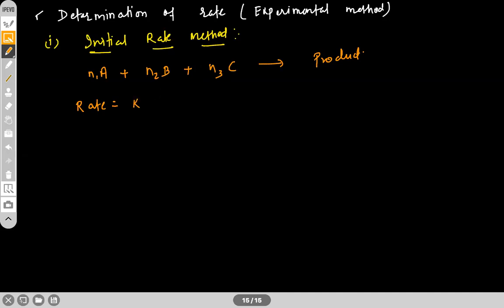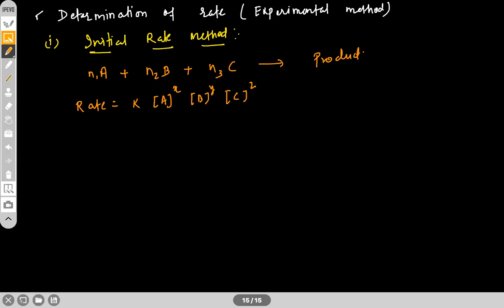It is k concentration of A to the power x, concentration of B to the power y, concentration of C to the power z. Where x is the order of the reaction with respect to A, y is the order with respect to B, and z is the order with respect to